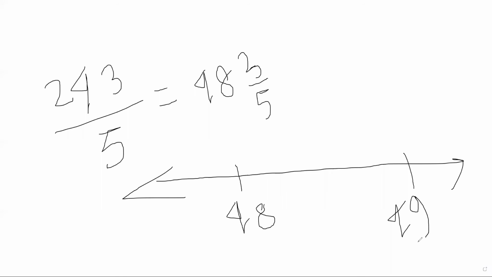The gap between 48 and 49, we have to divide equally into 5 parts, so we have to cut at 5, we have to divide with 4 points. Here, we will do it roughly with a pencil. You see, some have become smaller and bigger. So this will be 48 whole 1 by 5, 2 by 5, so this will be 3 by 5. So this is representing 48 whole 3 by 5. Is it clear, everyone?